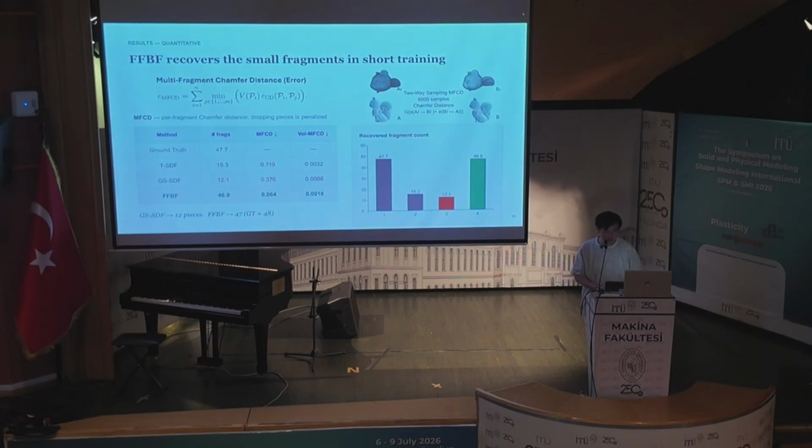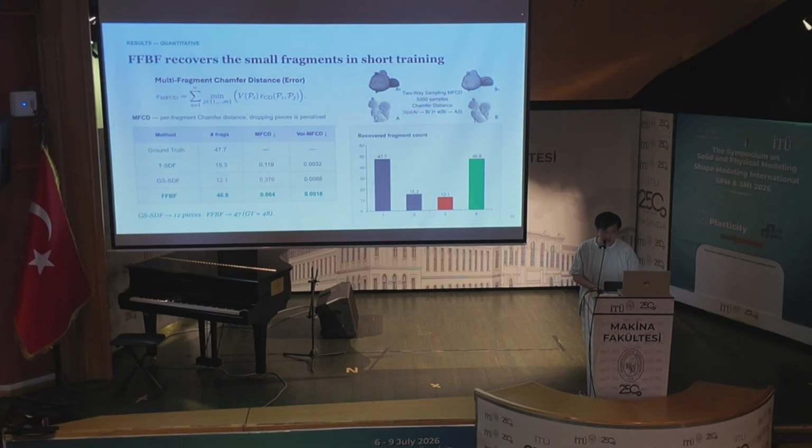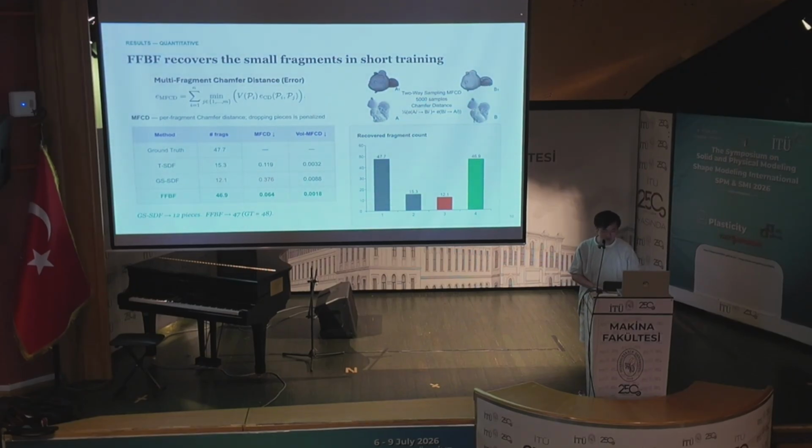We can see the GSSDF collapsed to 12 fragments against a ground truth of maybe 48, while FFBF recovered 47. The small pieces are back, and the cost, such as the FCD, goes from 0.38 down to 0.06,